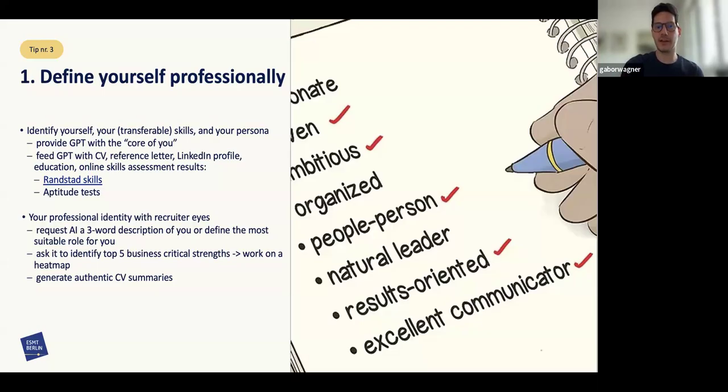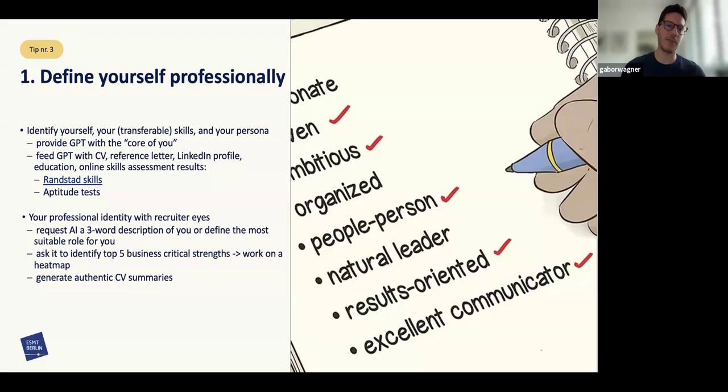Once you are done with that, of course, you have to double check the information. And here comes my experience, for example, because your professional identity can look nice to you, but for a recruiter, it can look generic. It can look too senior, too junior, just too whatever. There's always a reason to find mistakes. So this is also what I personally help my students with along the way: how to sound natural and authentic, and how to build this professional persona.